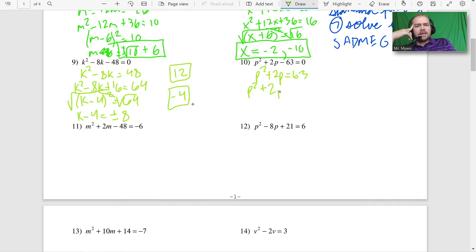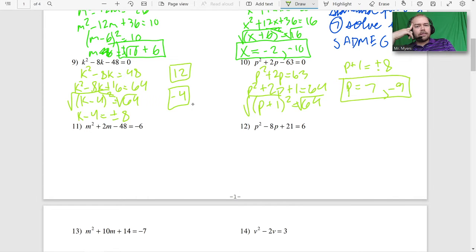That was step 3 and step 5, I believe. Then we do the variable plus b over 2. And then we do solving. So that was step 6. Now we're about to do step 7. Step 7, we're solving. Right? So then you just get p plus 1 equal to plus or minus 8. P is equal to 8 minus 1 is 7. Negative 8 minus 1 is negative 9. All right,